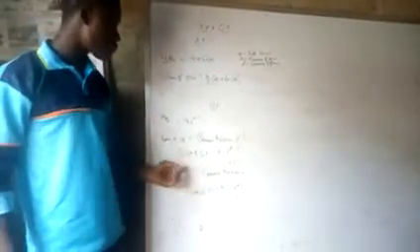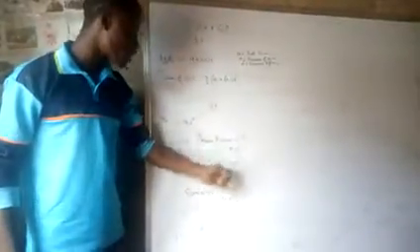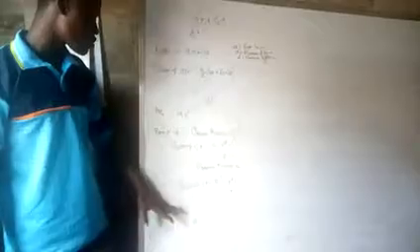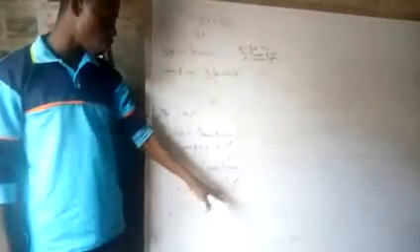The sum of G.P. will now equal a, open bracket r raised to power n minus 1, over r minus 1. And when the common ratio is less than 1, you have the sum of G.P. equals a, open bracket